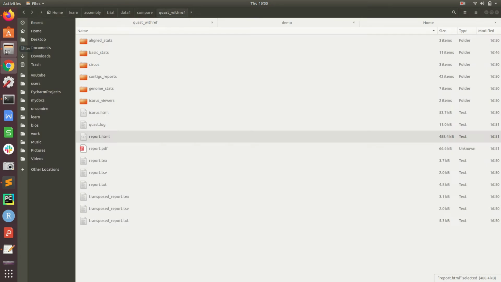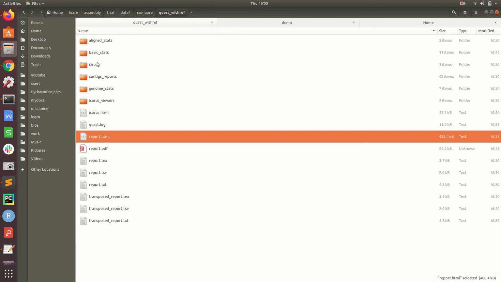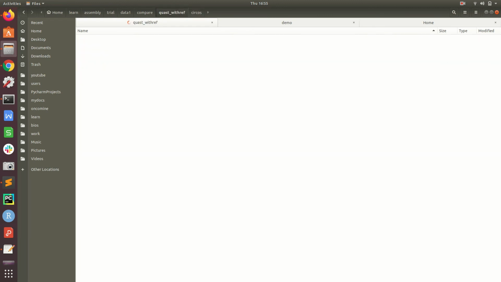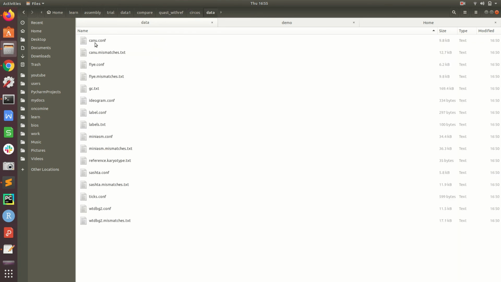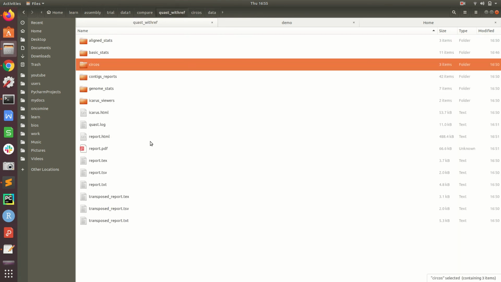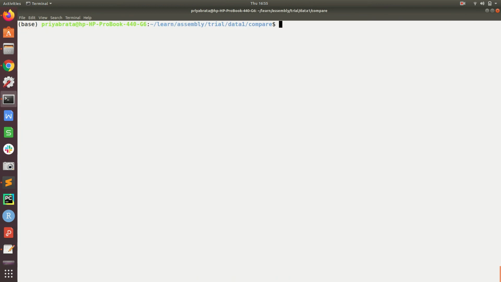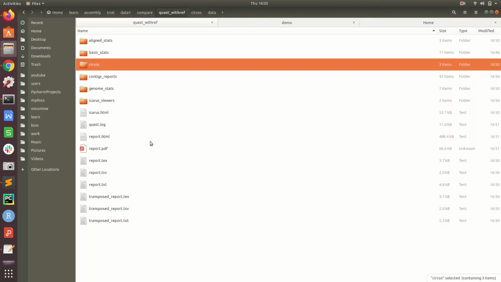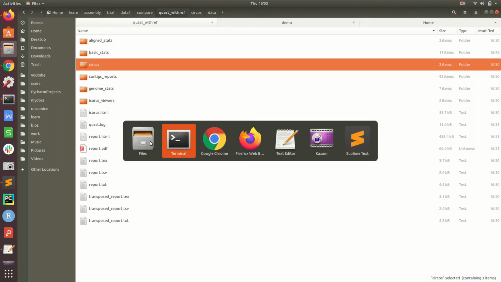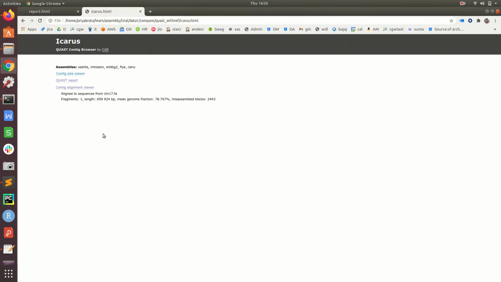One more thing, we should have that Circos plot. Okay, so now we can go to Circos. It should have generated the report.html, right? So maybe, oh, okay, my mistake. Because we have not given the Circos parameter. If we run the same thing with this Circos parameter, it will generate a Circos plot. So that means it will show in a circular plot, by which we can compare.